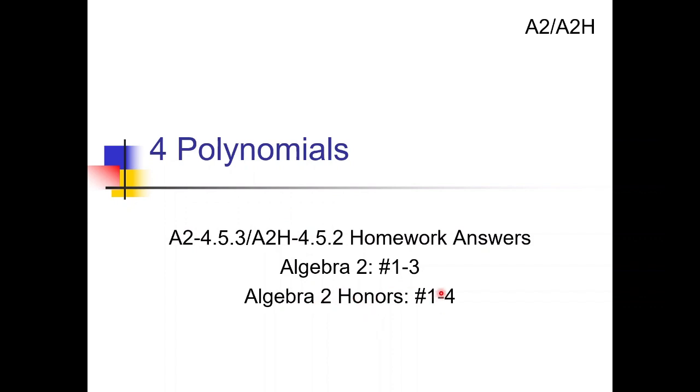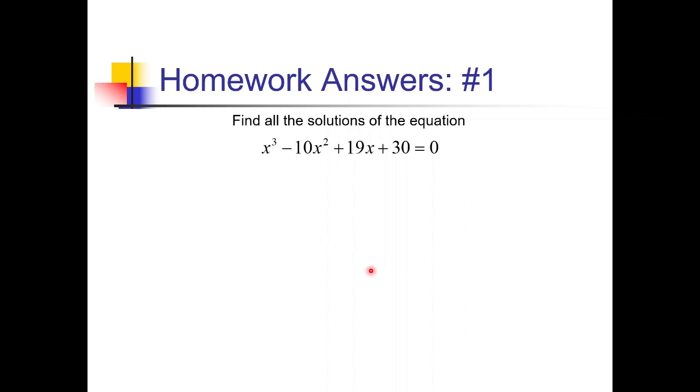So this topic is going to be solving polynomials by using the rational roots theorem. To find the solutions of this equation, we're first going to check to see if we can do this by regular factoring means. There's no common factor we can take out of this. If you're trying to do this by grouping, because there are 4 terms, you'll find that if you take out an x squared and have x minus 10, and take out a 1 and have 19x plus 30, none of that is going to work out. So we're going to go to the rational roots theorem and generate our possible rational roots